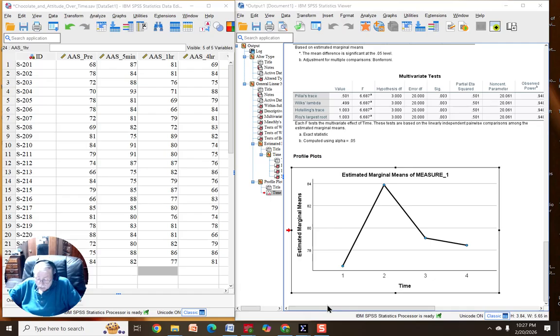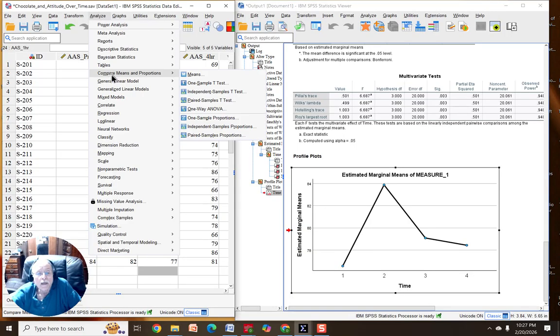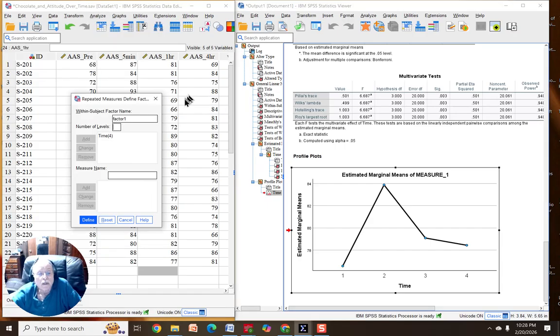To run the repeated measures ANOVA, we first open the SPSS software and we drop our data set, the chocolate and attitude over time .sav file, into the workspace. This confirms that we have the 4 attitude scores: pre, 5 minute, 1 hour, 4 hour. To run this test, we go up and we hit Analyze. We pull down to General Linear Model, hit Repeated Measures,